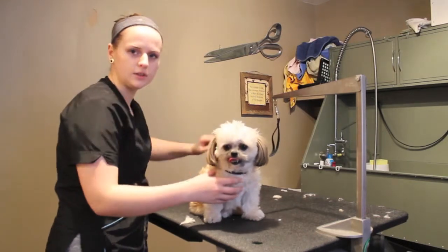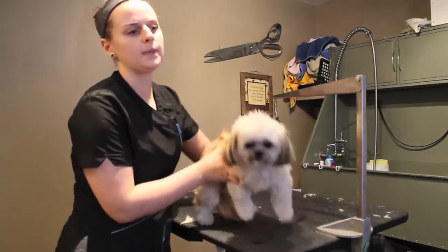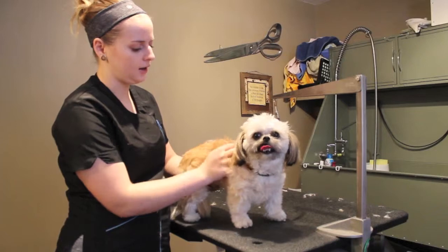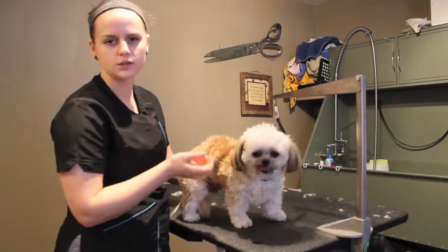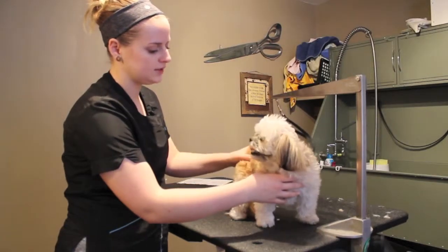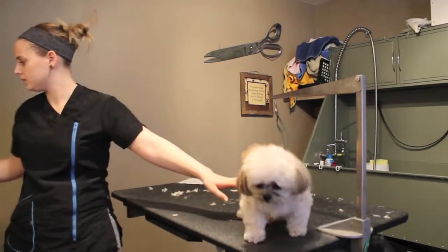So next, what we'll do is her haircut, and this is all before the bath. It's best to get this stuff done before the bath, especially taking the hair off, because then you don't have to wait for it to dry. So, Abbie, sit. Because you guys want a short haircut, I'm going to take my clipper,